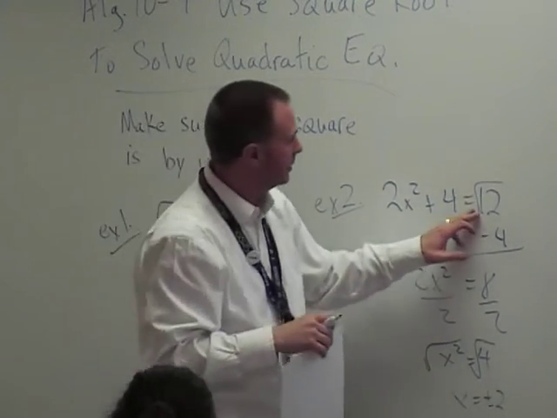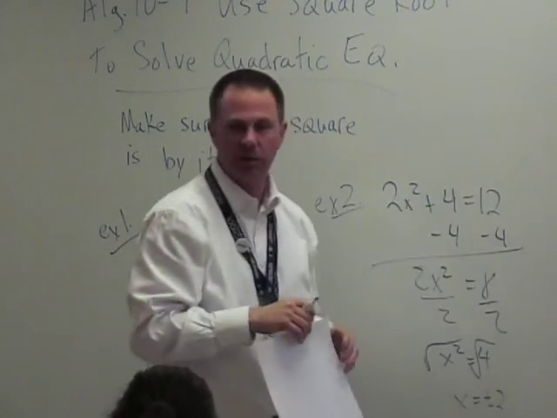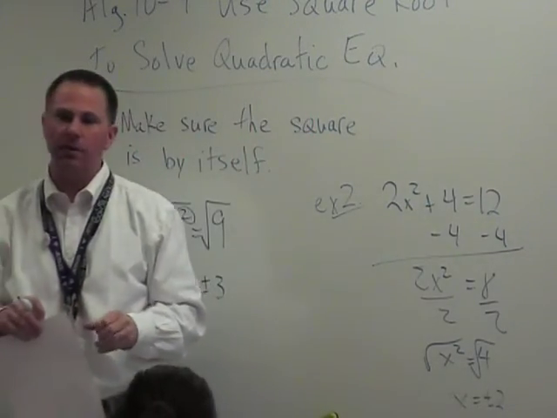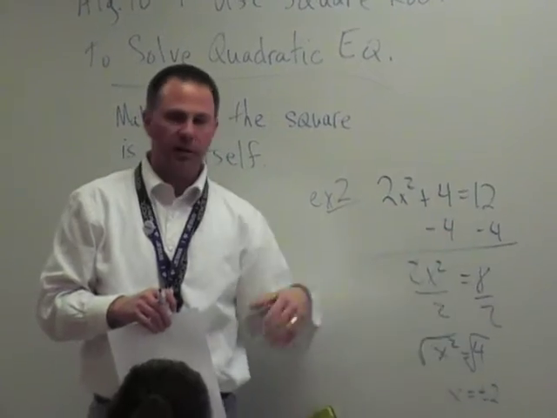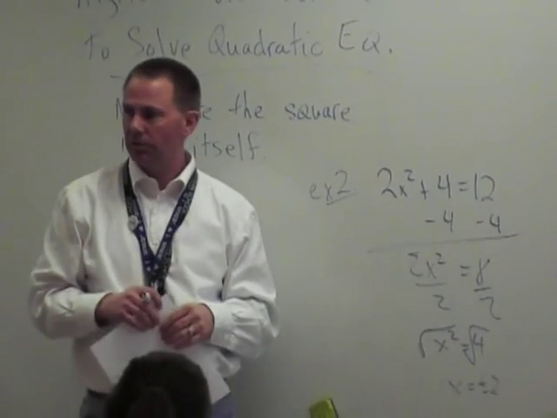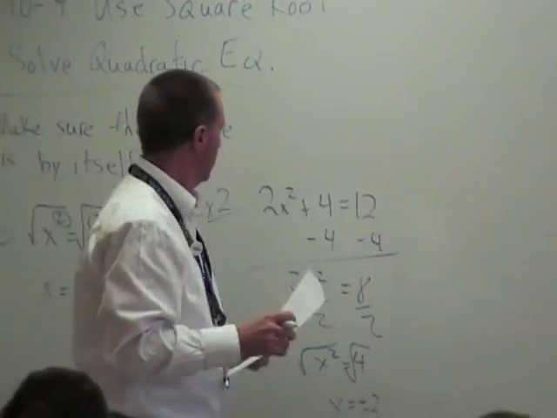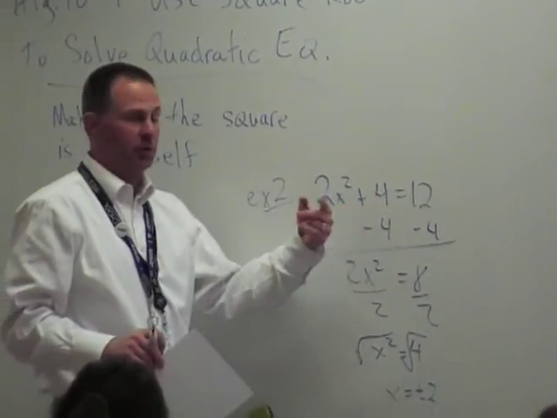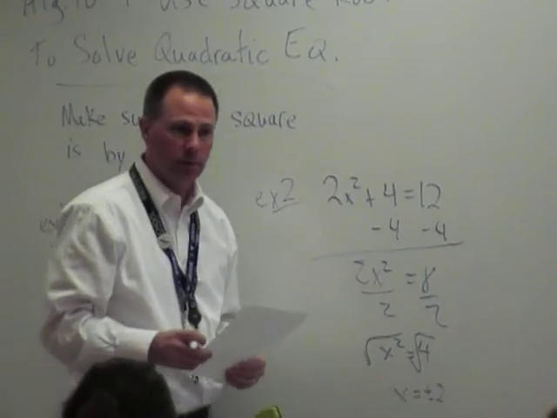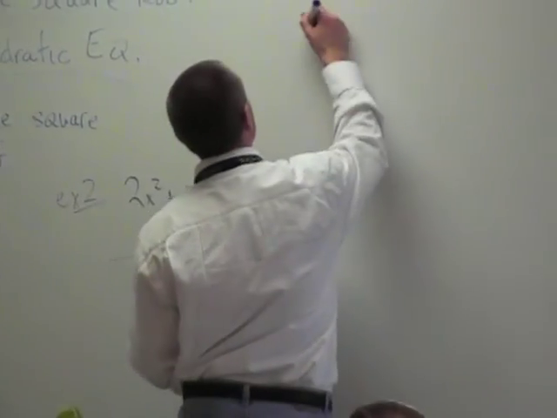Oh, I'm sorry. That was just part of my example saying you don't want to do that. This was the problem. You subtracted 4, divide off the 2. Yeah, you can divide by 2 first. That's all right. Example 3